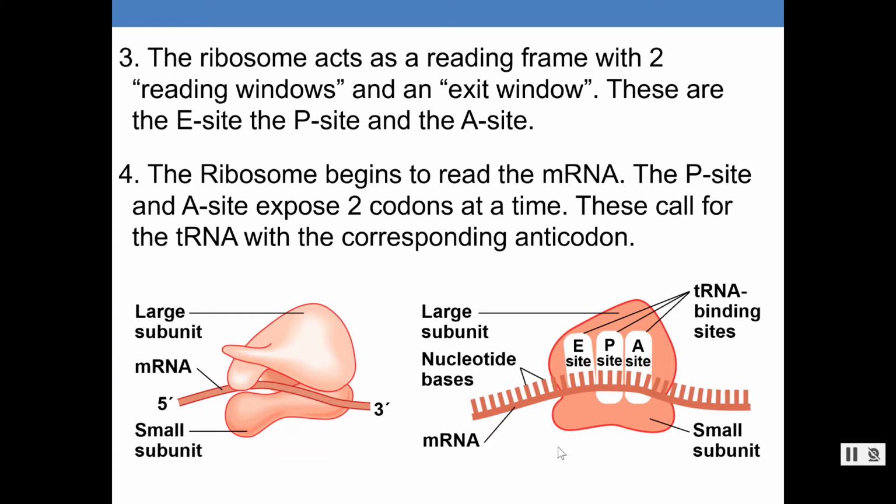All right, so let's kind of look at this and how this happens. Now, I do want to point out, A site stands for amino acid. That's where the tRNAs come in for the first time. P site's growing polypeptide chain. E site's for exit. Now, there is one exception,